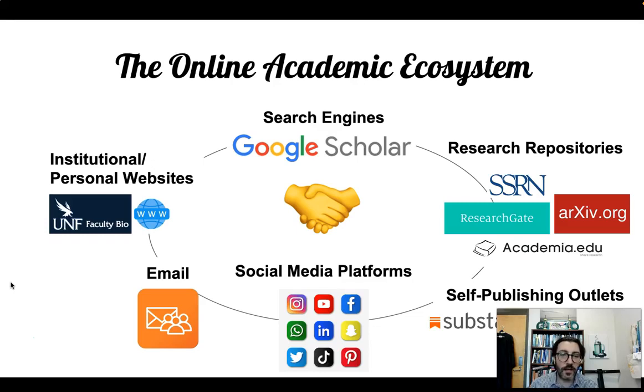So to give you a sense of the kinds of resources that are out there, and we're only going to talk about 2 of these today, but there are a number of them. And I just want to give you a general overview. You're probably familiar with search engines that are specific to the academic world, like Google Scholar. If you haven't done so already, I strongly encourage you to claim your Google Scholar profile so that you can work on managing it and making sure that it is accurate and portrays the scholarship that you have put out.